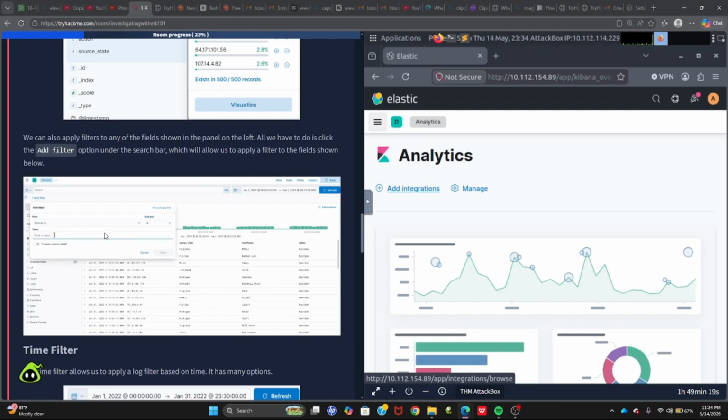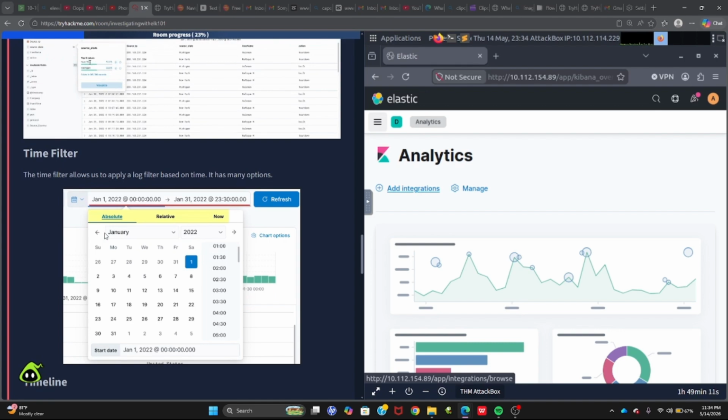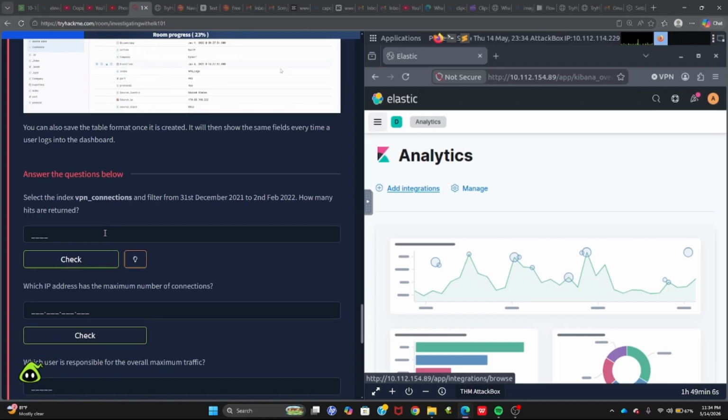The time filter, so basically just a visualization of what I just said before. Select the index VPN connections and filter them from 31st December 2021 to 2nd of February 2022. How many hits are returned? Okay, so